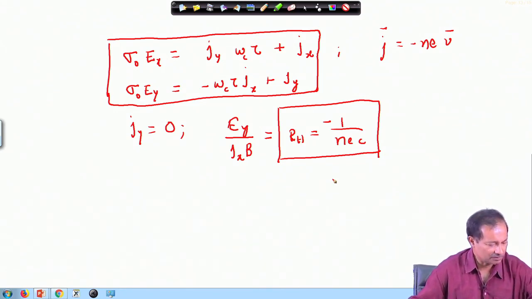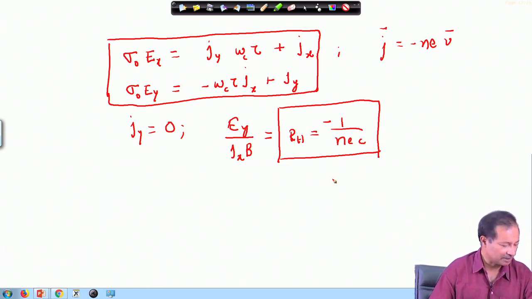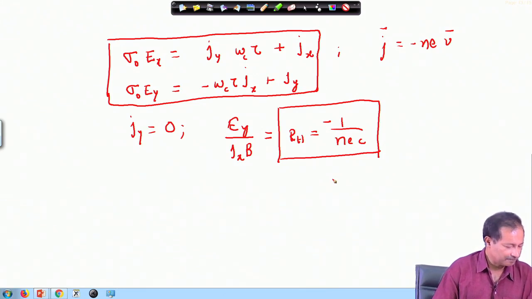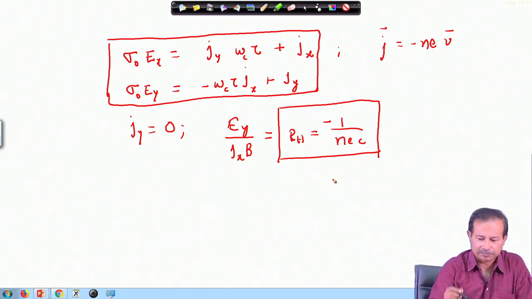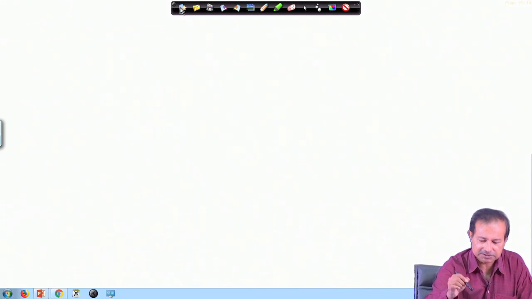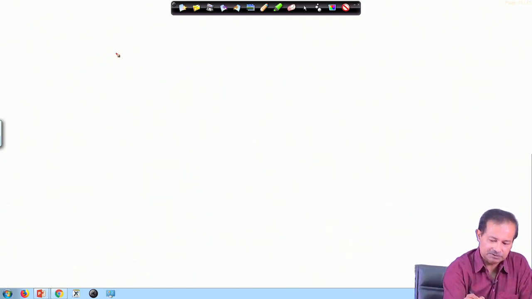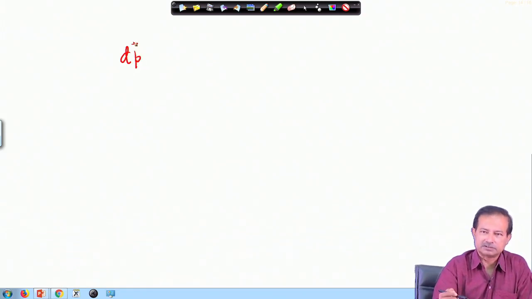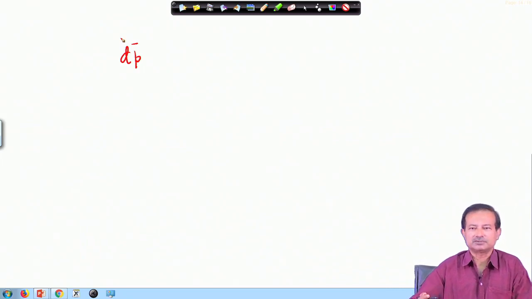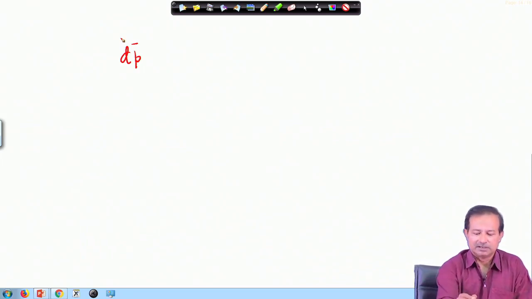So, now just let me wrap up this discussion by showing you one more simple application of these equations that we got, and then I will be done with it. What I have been mentioning from the beginning is that this dp dt, the dynamics, has so far not played much role in these deductions. We have always set the steady state condition and set dp dt equal to 0, but there are situations where it is not, and one such situation obviously is where there is an electric field.